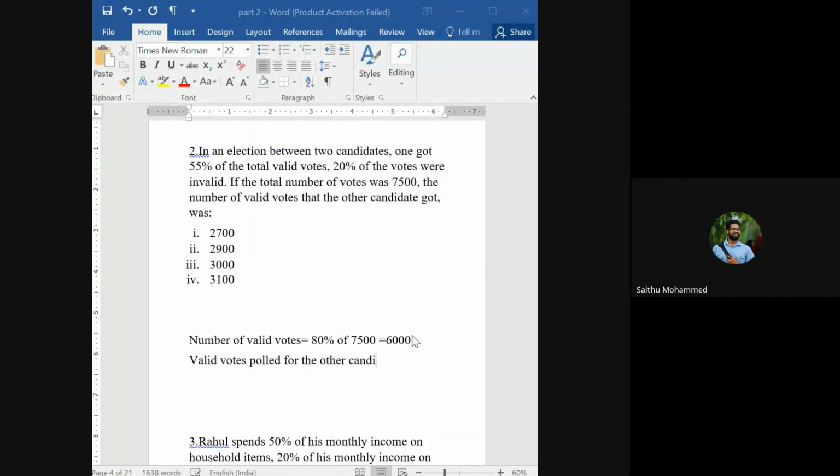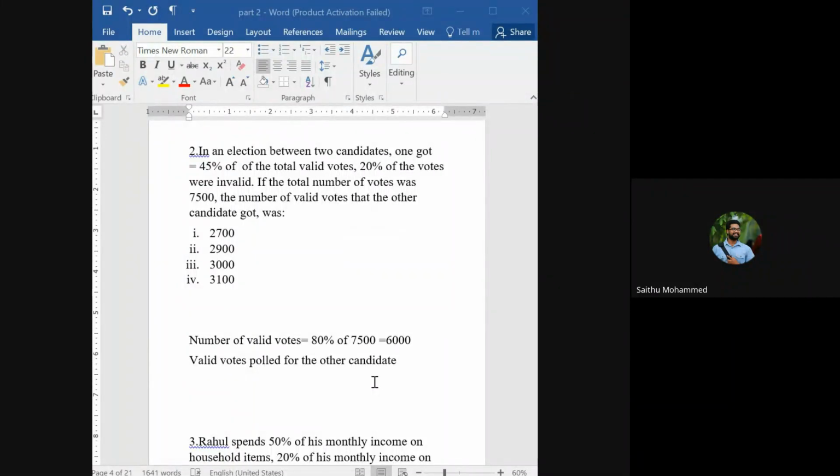The candidate. Okay, so it says that 55% of the total valid votes was scored by the first person, right? They got the 55% share. Now there will be only 45% remaining, right? So the second person only got 45% of the total valid votes. So valid votes polled for the other candidate is equal to 45%